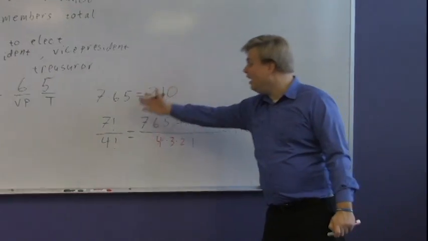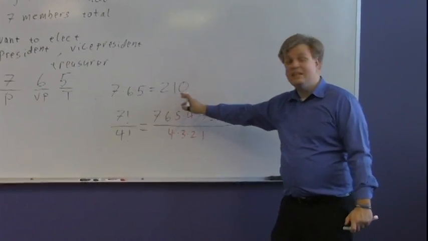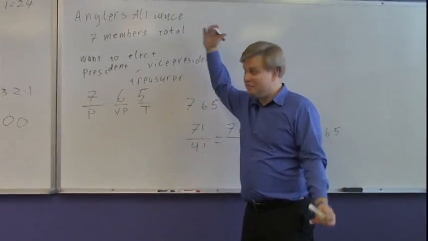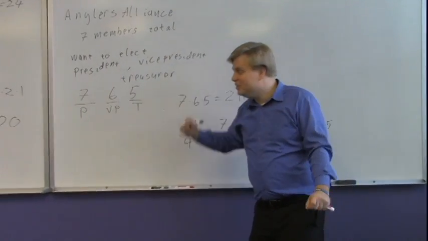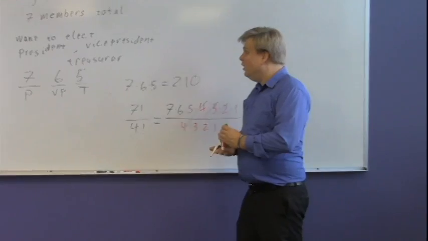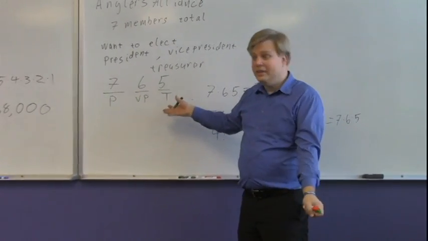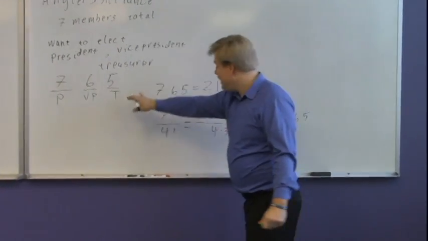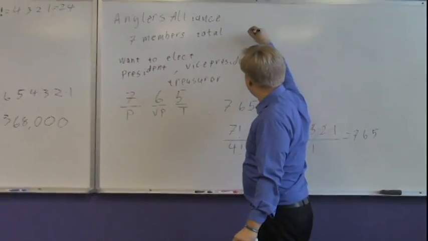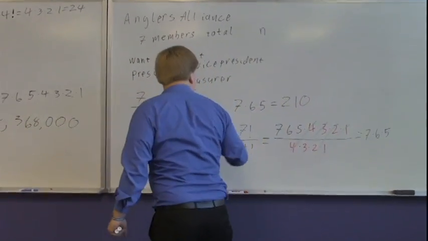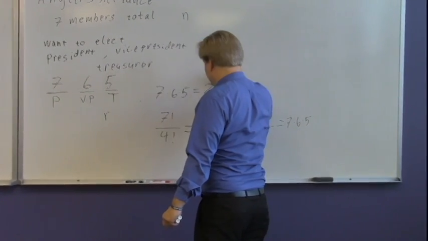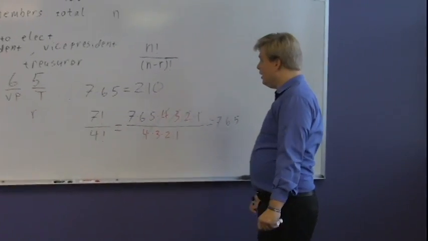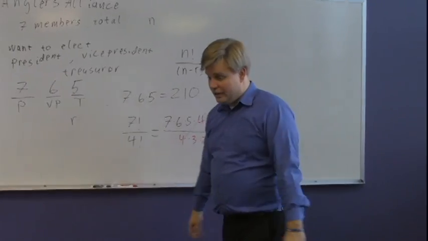You might not immediately want to write down 210 this way, but it's nice because what if you were talking in general about the Anglers Alliance next year having 200 members because they did a really good job getting people to go to their fishing events, and maybe they have 5 offices. You can still figure it out. With n members and r offices, this number would be n factorial over n minus r factorial. And so that's the permutations of